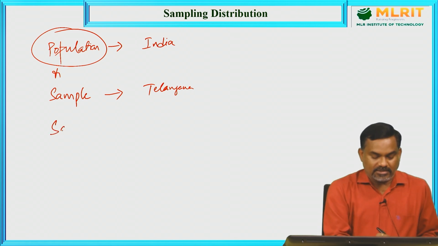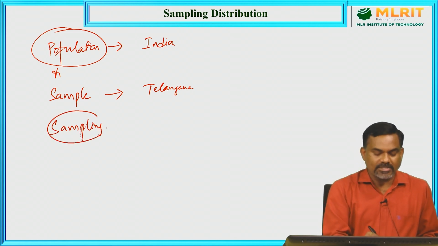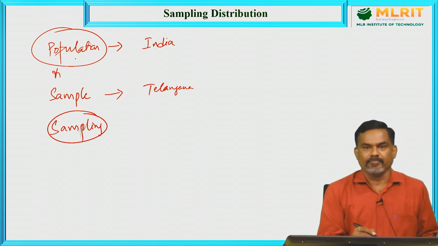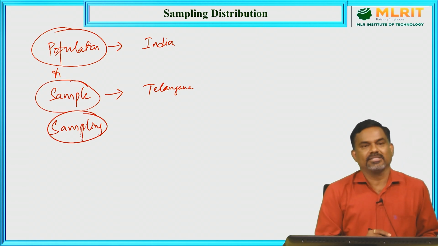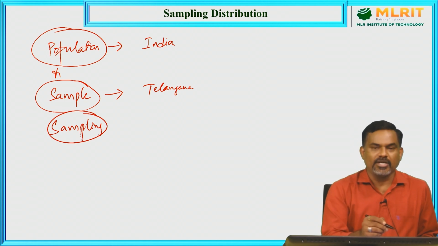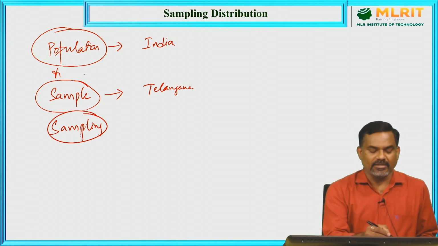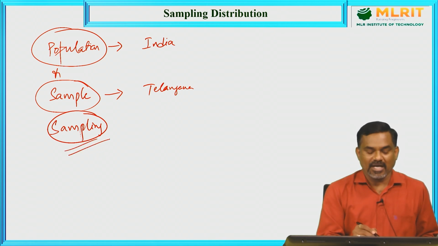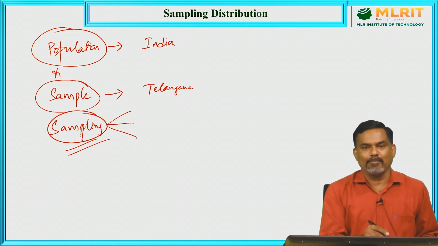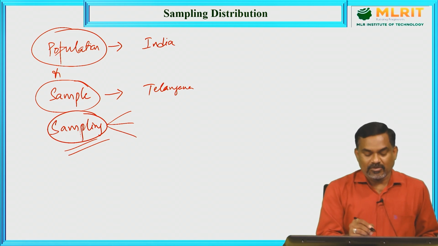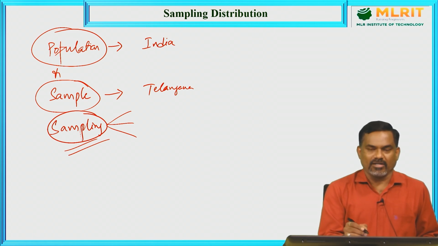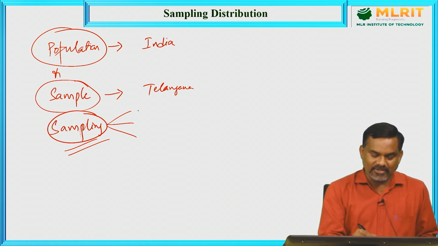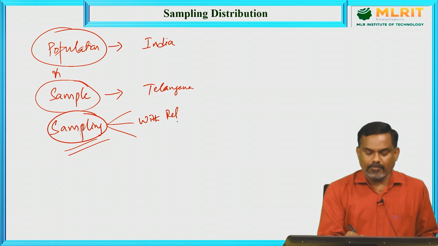Next, sampling. Sampling is the process of drawing samples from the population. So, from where do we get these samples? These samples are obtained from the population itself. There may be a number of ways of drawing samples from the population, so the process of drawing samples from the population is called sampling. That sampling can be of different types. Mainly, the sampling must be random sampling. That means each element of the population must have the same equal probability or chance of being included in the sample. That is called random sampling. Similarly, sampling with replacement and without replacement